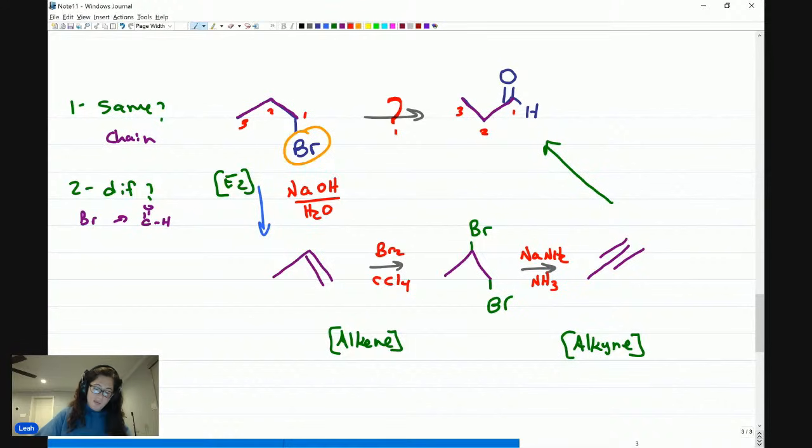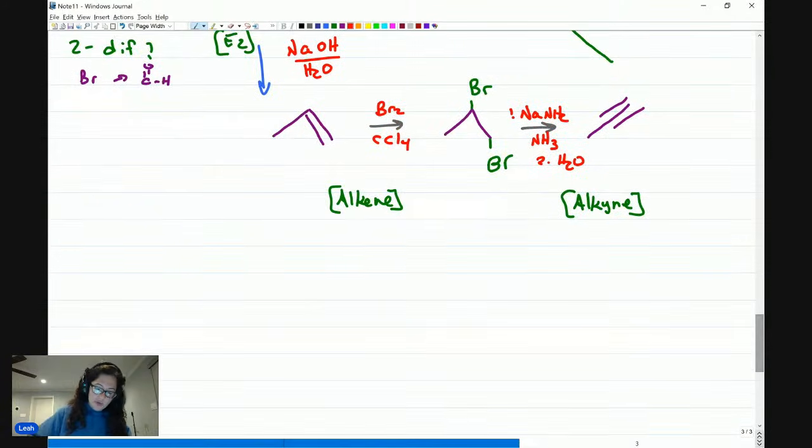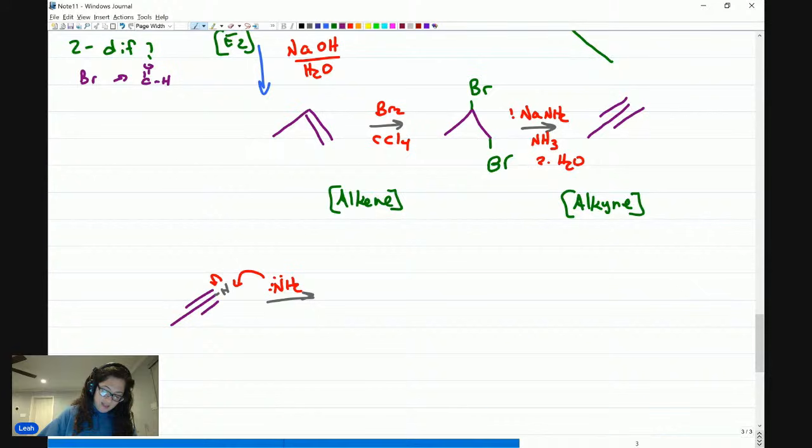Now this is a tricky one. That's step 1. Step 2, I have to follow it up with some H2O. Otherwise, I will get an unexpected product. Let me show you. If I have my product formed, and don't forget, we have the terminal hydrogen. If I still have NH2 minus in solution from the NaNH2, this will get deprotonated, and I'll get my alkyne